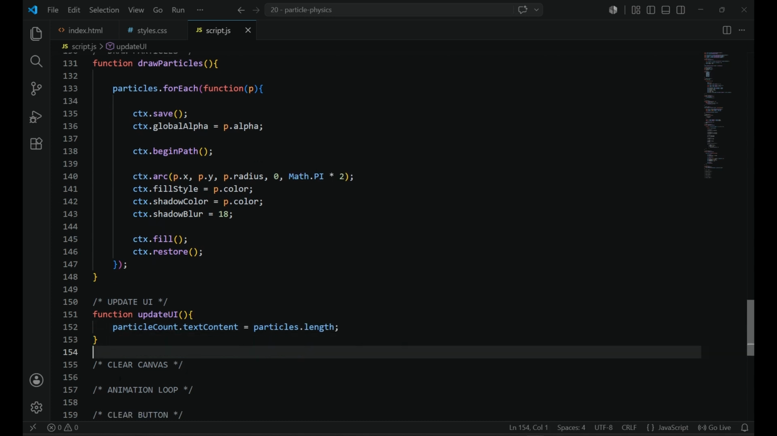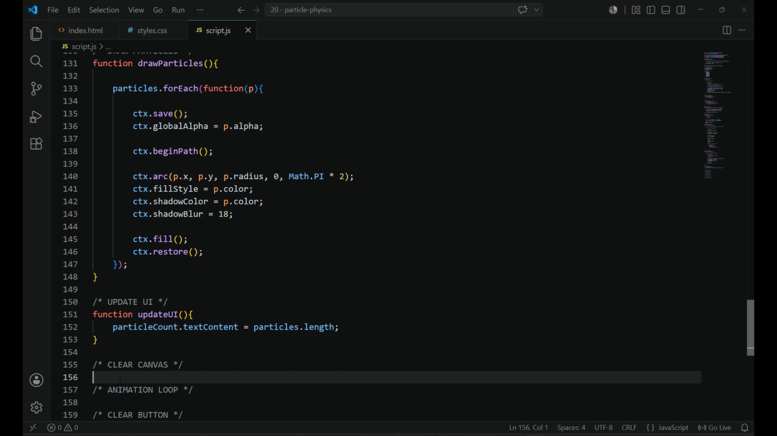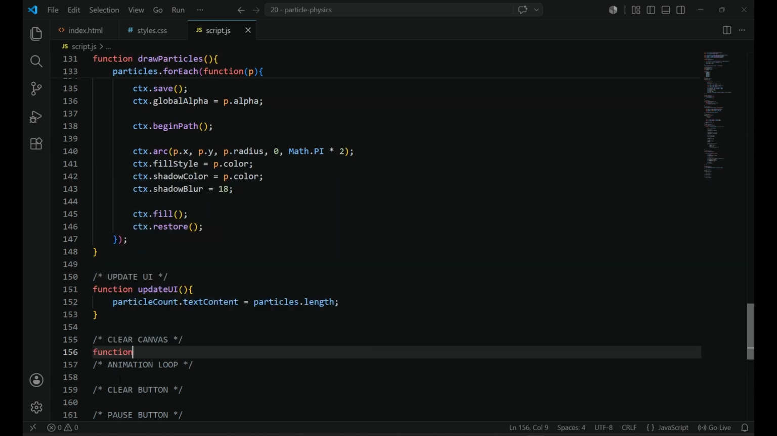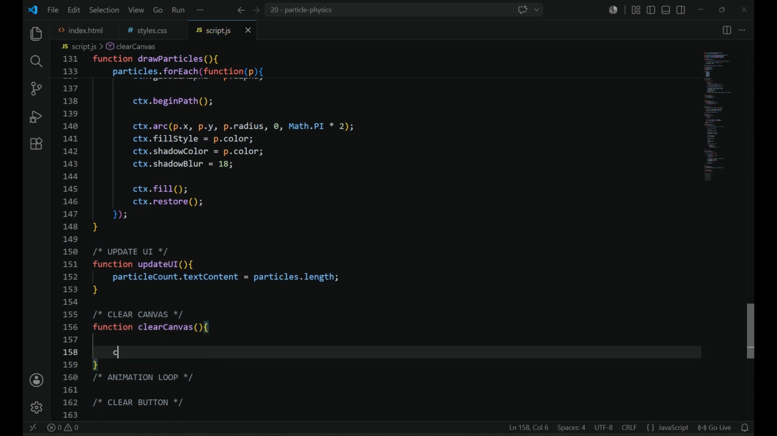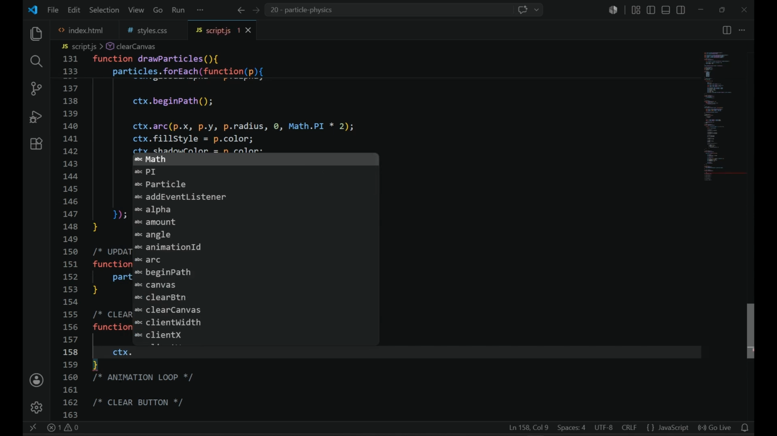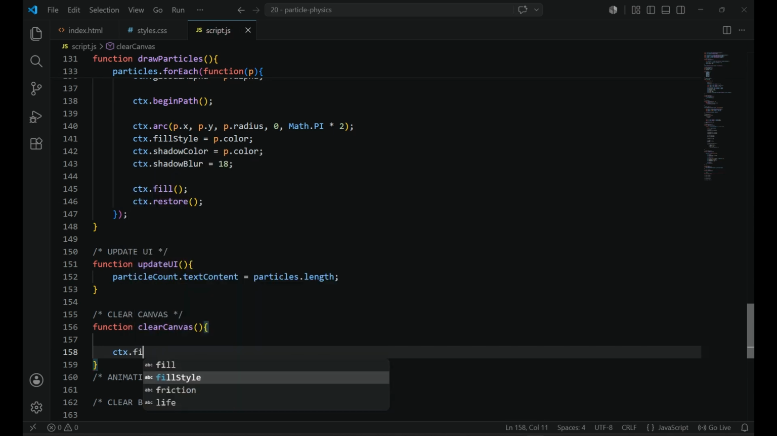Now we have to clear the canvas after the animation is finished. So for that, I'm writing a function called clearCanvas. Inside the clear canvas we should make all the values null. So for that I am initially using the fillStyle value as RGBA values 2, 6, 23 and 0.18,